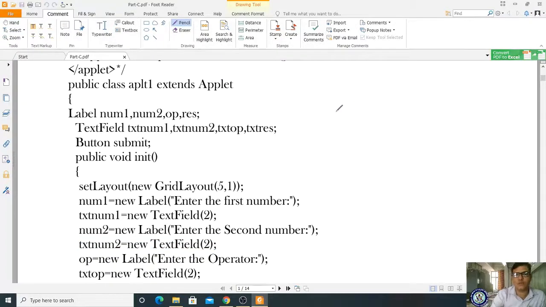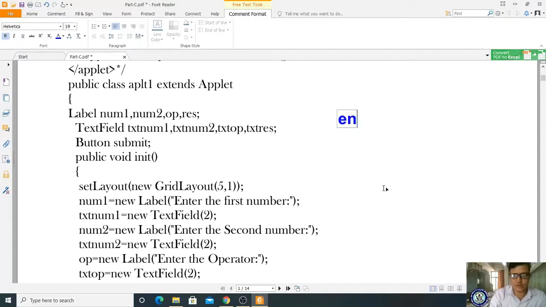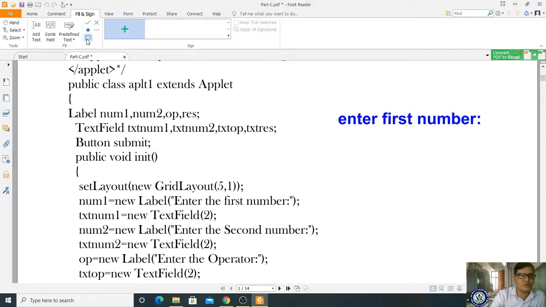So according to this, here, please observe, first it will display enter first number. Enter first number, it will be displayed. In front of that, you have to create the text box, right? So the text field will appear like this. So that is the purpose of this one.